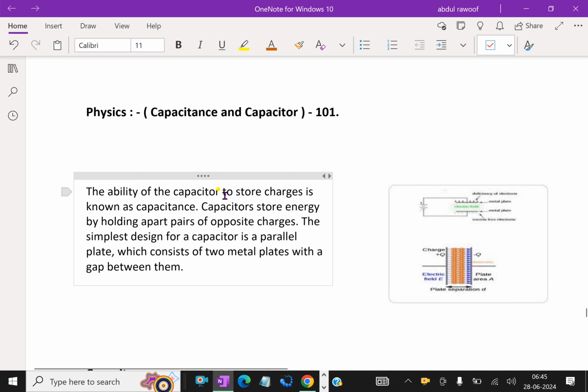What is a capacitor? A capacitor is a device that stores energy. Often, although certainly not always, it consists of two conductors separated by an insulator or dielectric. The capacitance C of a capacitor is defined as